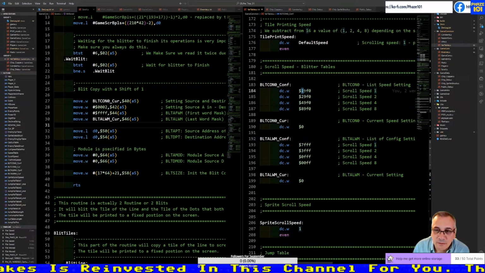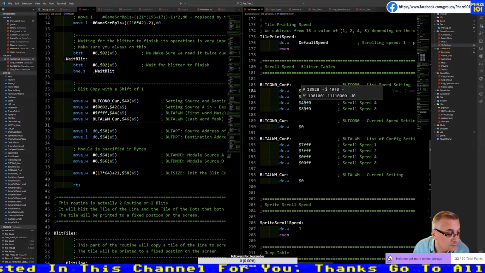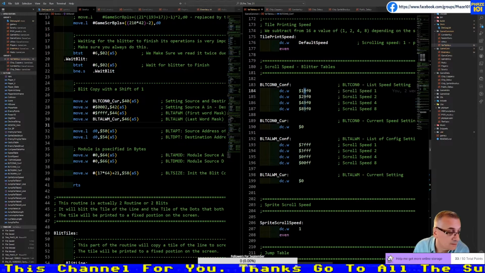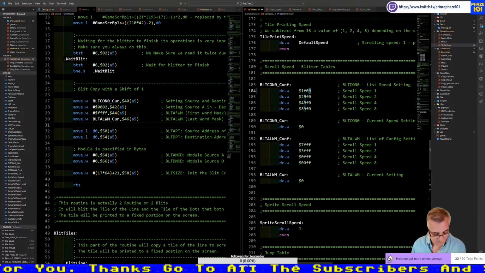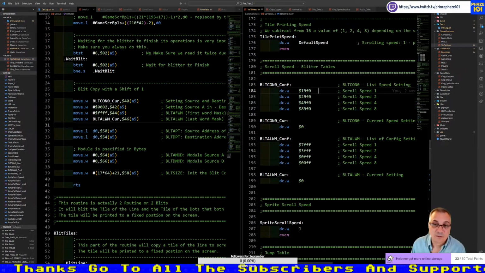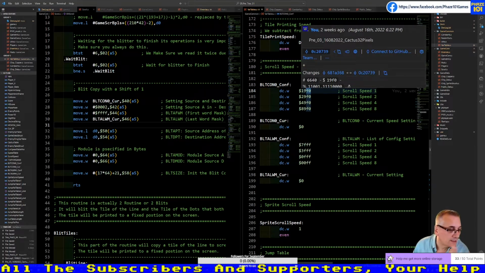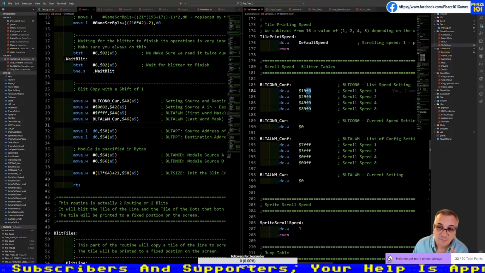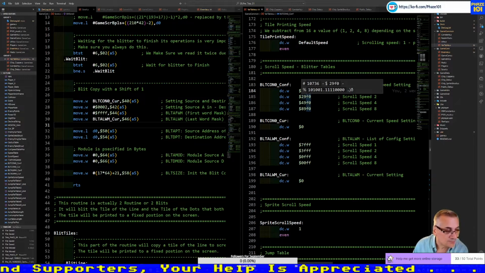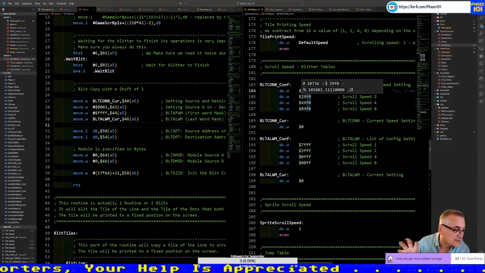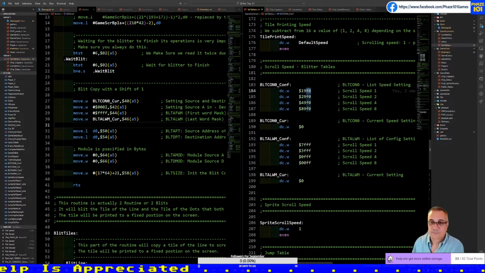The 9 is which DMA channels of the blitter we are using, which is A and D. F4 is the minterm, which is a formula. You need to look in the hardware manual for this. What F4 means is A equals D. Channel A is the source, D is always the destination, so it goes from A to D. That's what you are telling it.